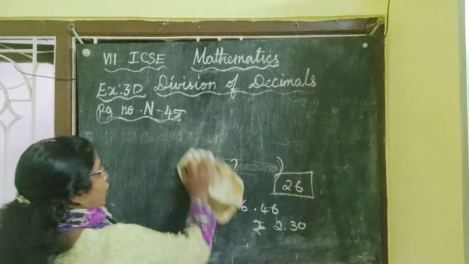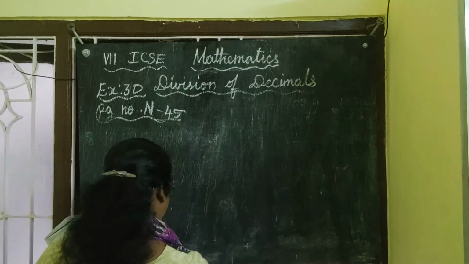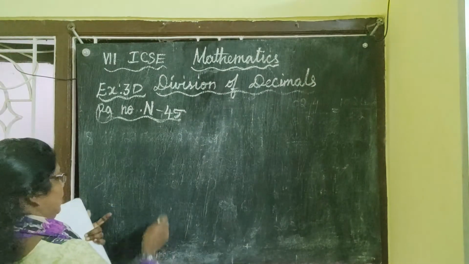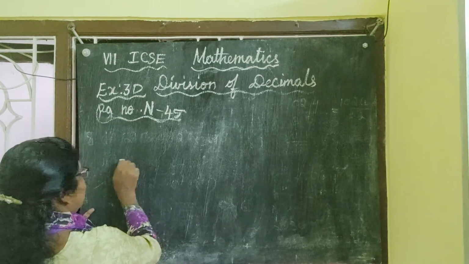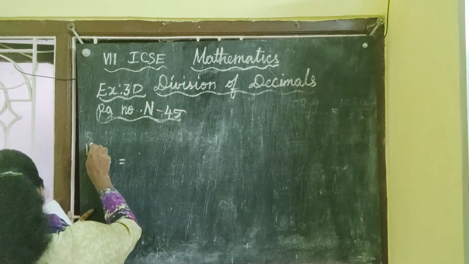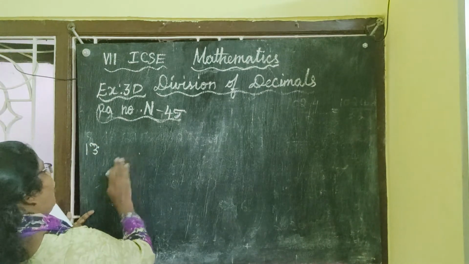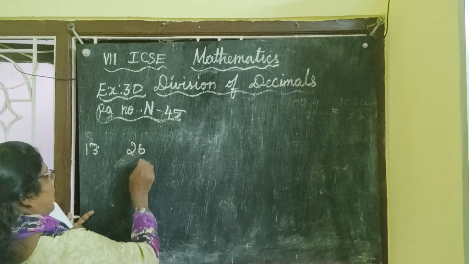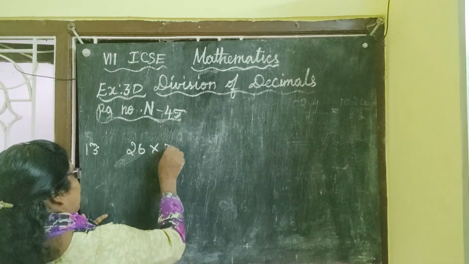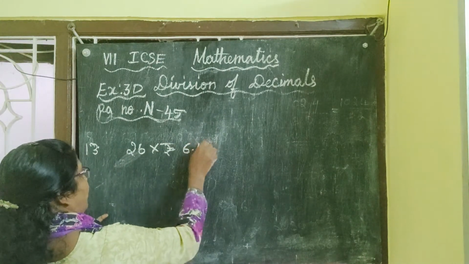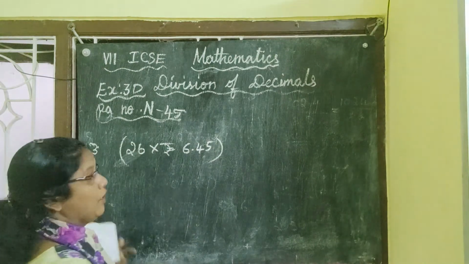Now how to find it out? Okay. Let me teach in a short way. Okay, how many members? 26 members. Okay, so 13th sum. How many members? 26. Each is getting how much? Rupees 6.45. You multiply this. Okay. Then how much